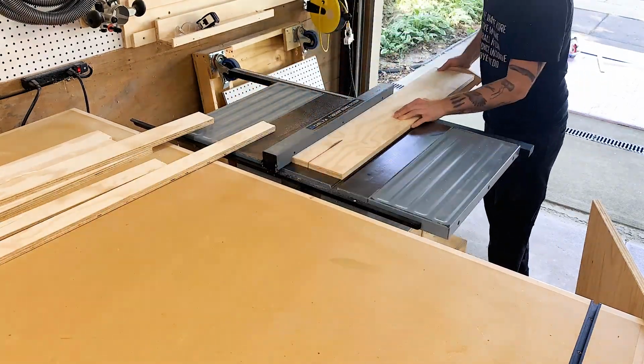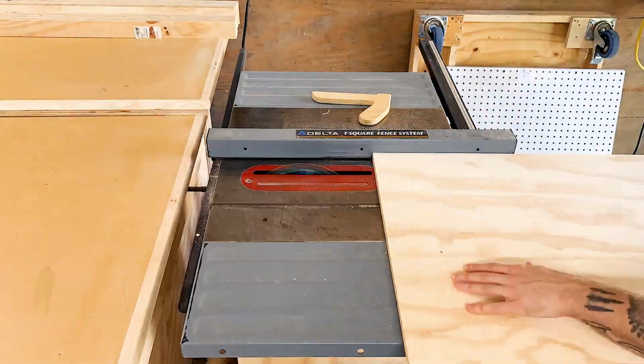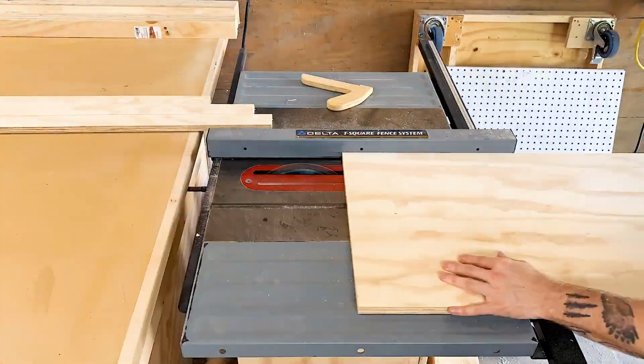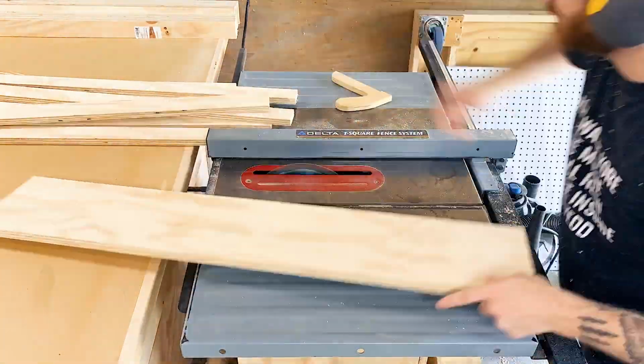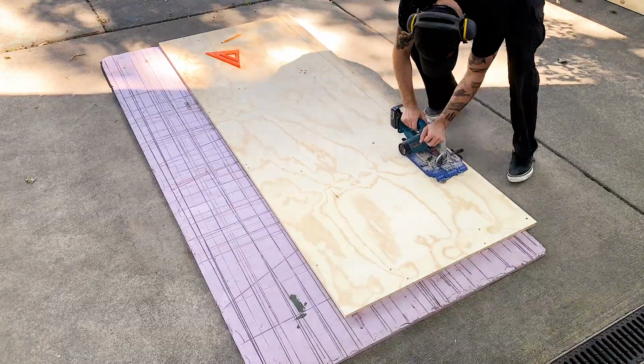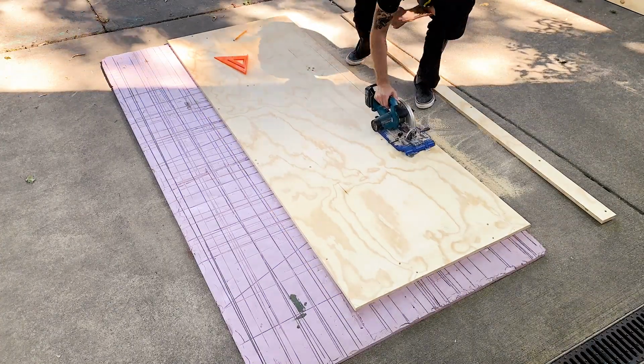So I'm just going to try to take you through the process of building this workbench. Here I'm just using up as much scrap material as I can, so I'm just breaking these panels down to get some smaller strips that will be used for the legs. These narrow strips here are going to be used for some cross members of those shelves. Here I'm breaking down one of the old shelves from the previous workbench,